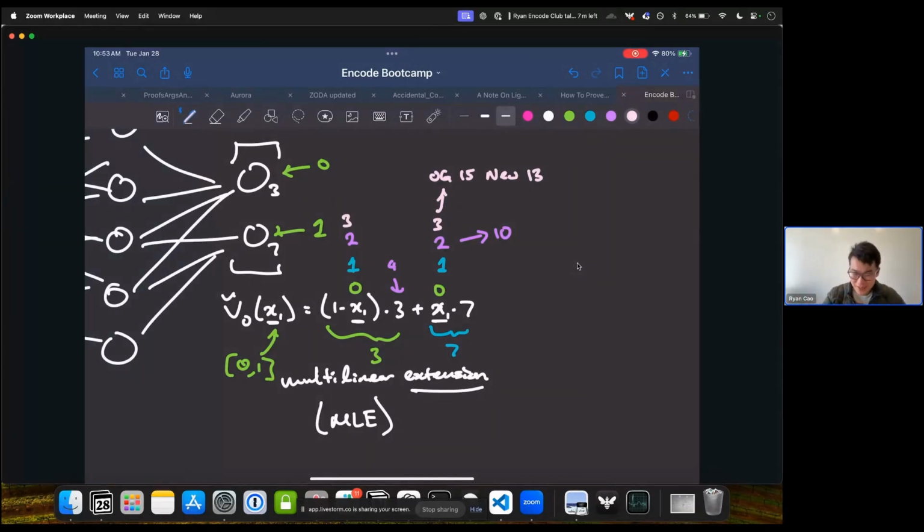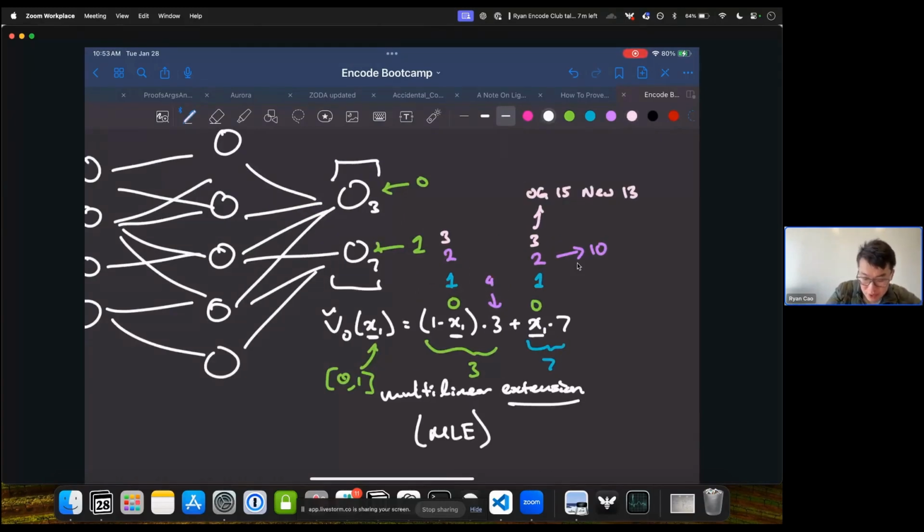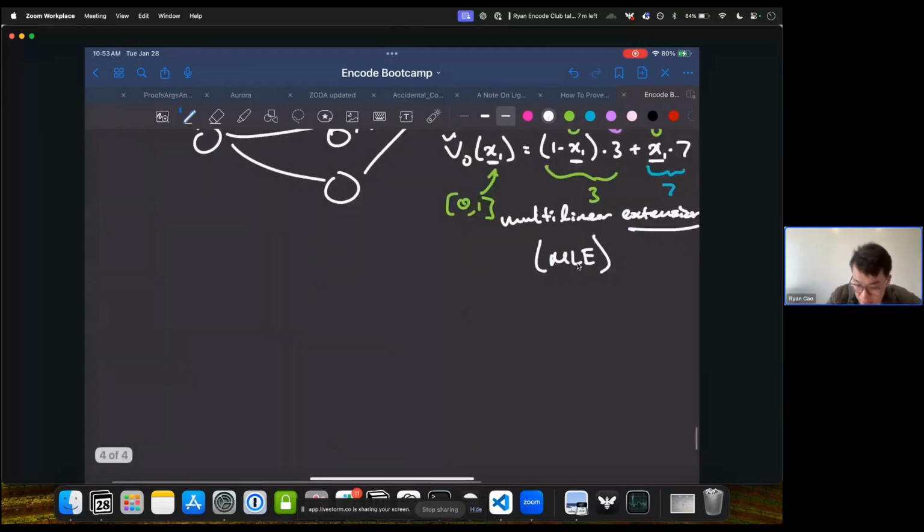Okay, excellent. So in GKR, what happens? Well, the prover in this case is going to claim that the multilinear extension of the output should be this 3, 7 polynomial. And the verifier says, well, obviously I don't believe you, right? So the prover and verifier are going to engage in this game where the relationship between two layers, canonically at least in canonical GKR, looks something like v0 tilde of, I'm going to call this x1, should equal the sum